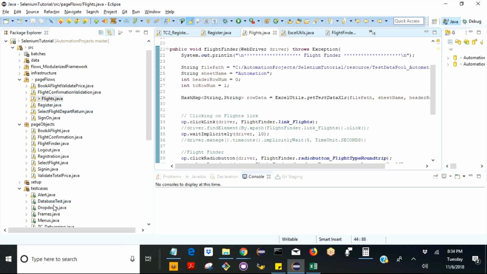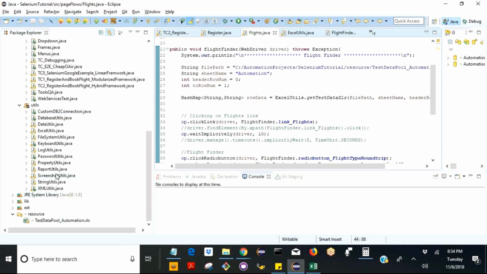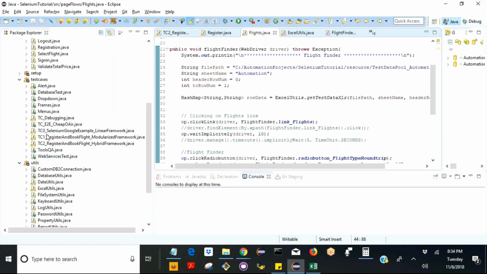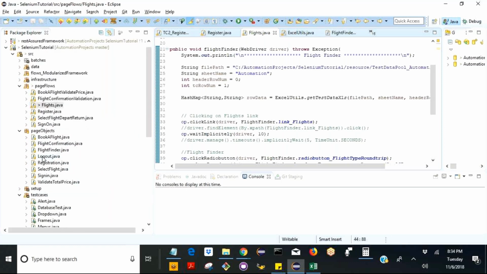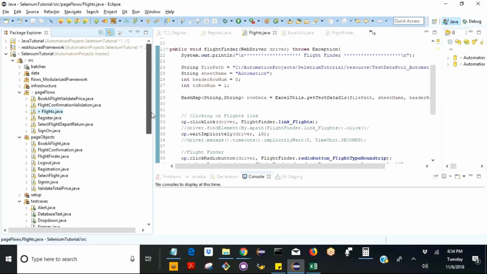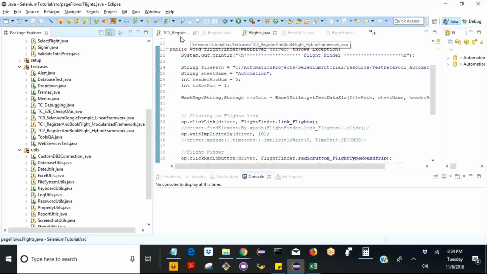So let's do the complete data pooling, then we will run, so that all we have to see is whether it's entering the correct data from the data pool or not. That's all that matters, because the test case was already running with the hard coded values. Okay, next one is,